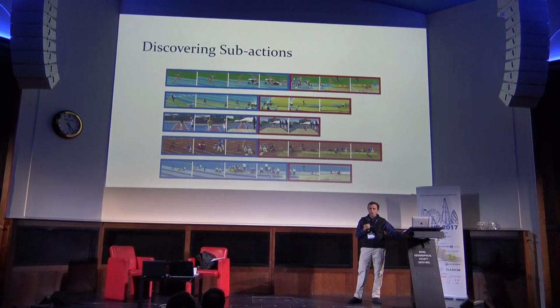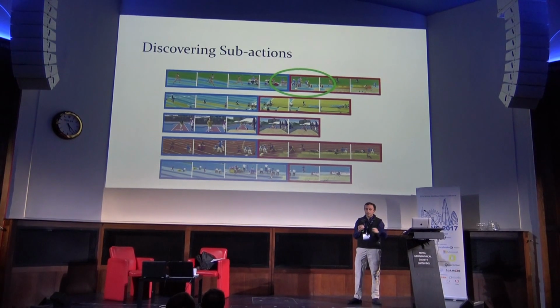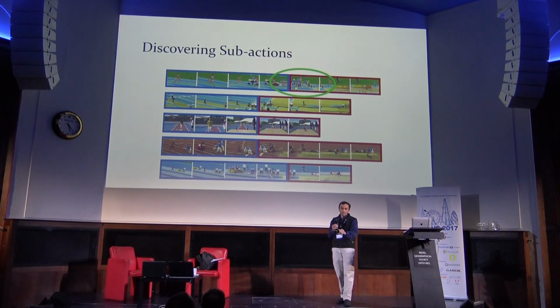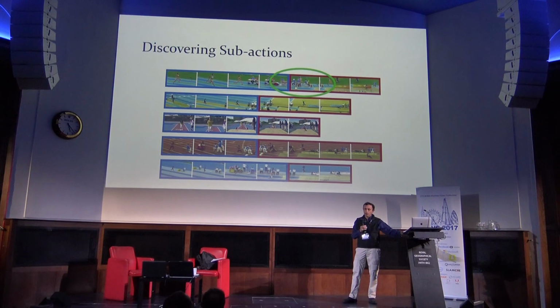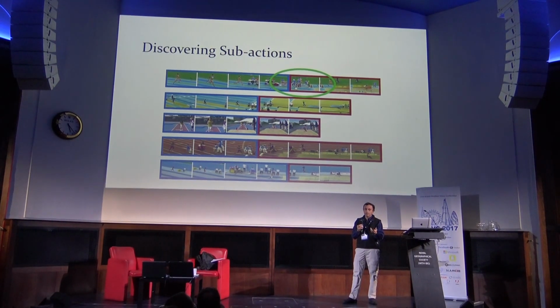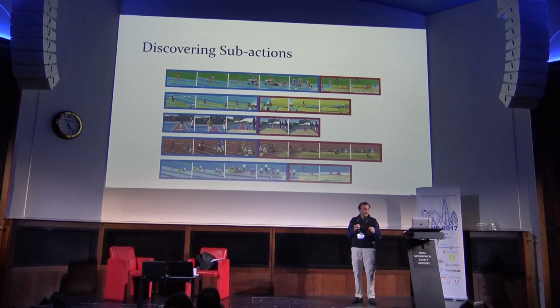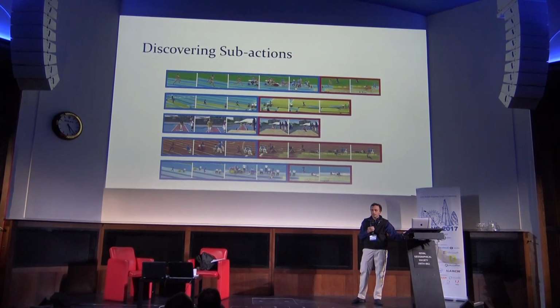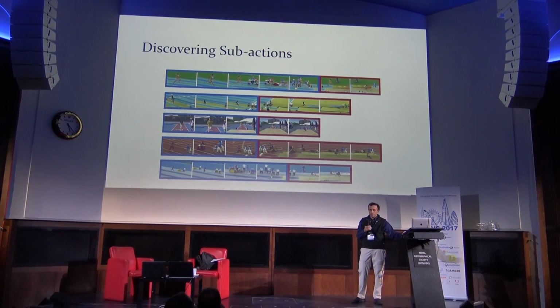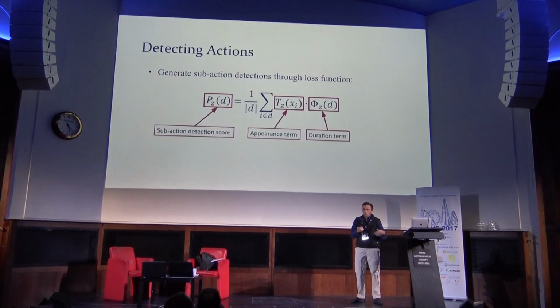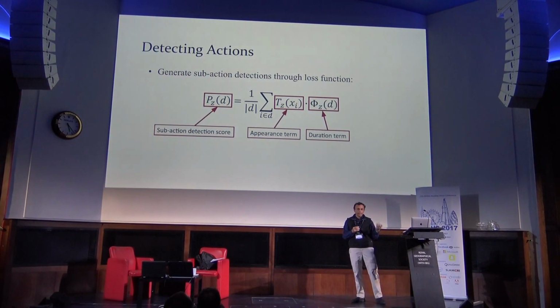And once that's done, you can then iteratively refine it to do things like here. You can notice that by adjusting the boundary here, you can actually improve what's going on. So in other words, just because the submodels initially were trained on these parts doesn't prevent you from then refining that and actually adjusting the boundaries, and thus getting a better subaction model in the next iteration.